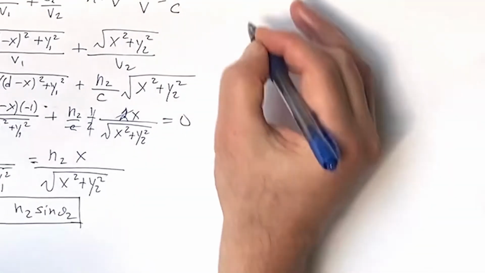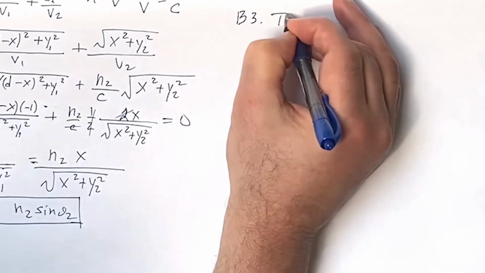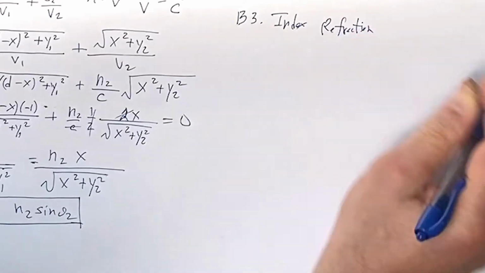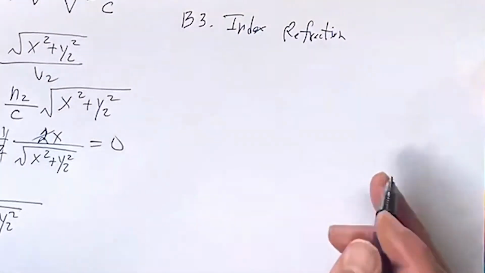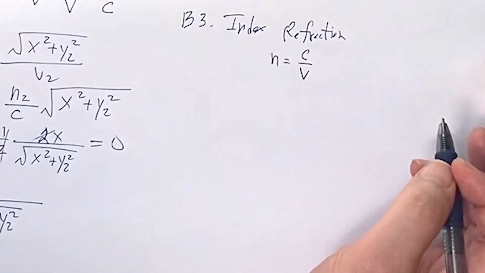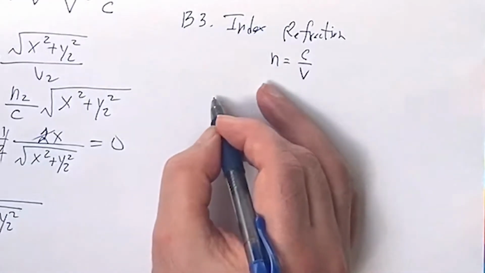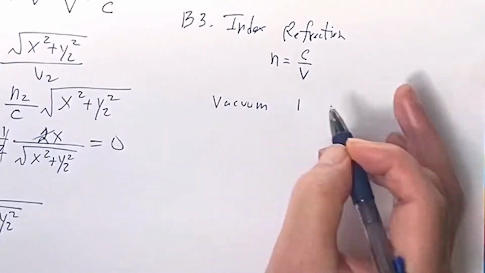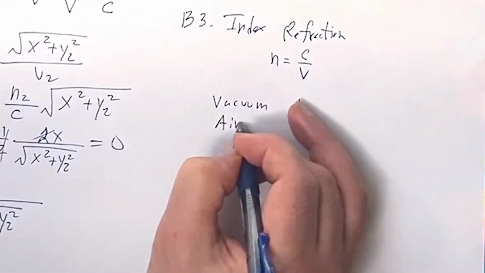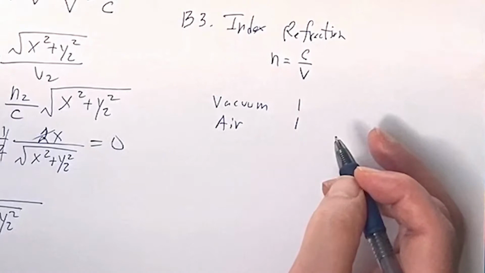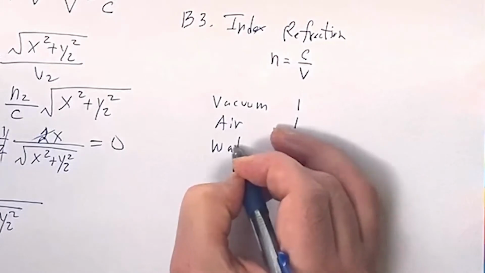So before we go on, let's look here in B3, index of refraction. And if we have index of refraction n is c over v, we have some neat things. If you have, for example, the vacuum, then the velocity is c, so you get 1. If you have air, it's so close to 1 that we usually just report 1, although later we're going to see, and for homework we're going to be looking at things where you see more precisely what it is. And then water,